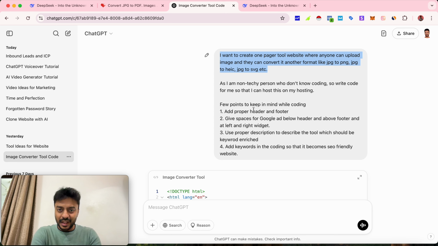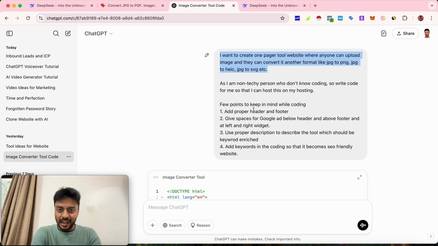And if I show you how this website looks, I actually downloaded this, and now if I just open this, you will be able to see this is how, guys, this website looks. I've just exactly copied the code that I got from ChatGPT. I also provided the same prompt to DeepSeek, and they gave me the exact code. You can also copy this code, and the website that you will get will be the same website